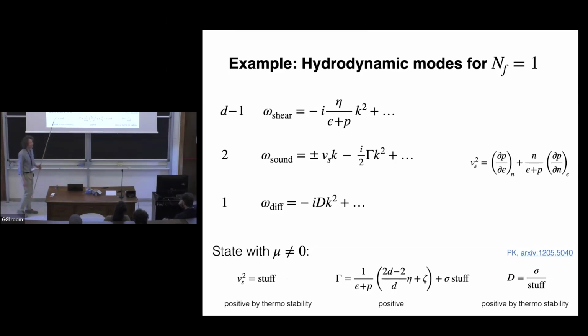Now, if you have hydrodynamic modes with non-zero density in equilibrium, then Vs squared is going to be more complicated, so it's written like that. But you can also write it in the grand canonical ensemble, and again you can show that Vs squared is going to be positive by thermodynamic stability. The diffusion constant is going to be similar. It's going to be proportional to the charge conductivity divided by